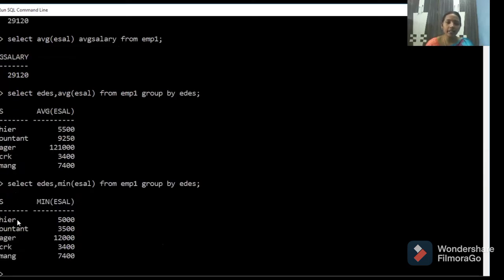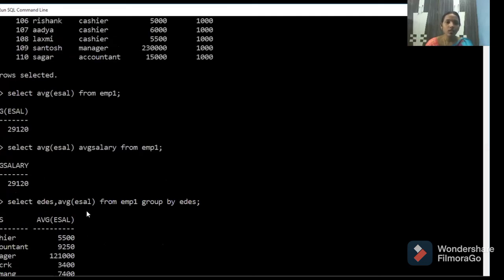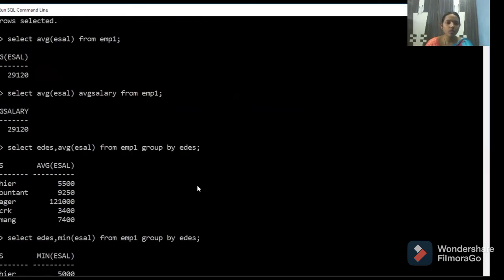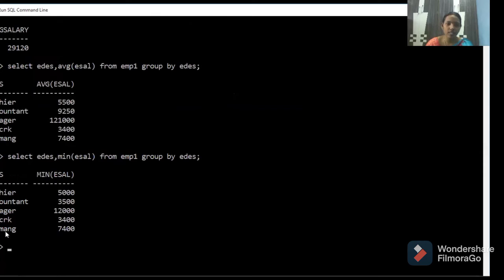See what you are getting, these are the minimum salaries of the employees. First look at our example here. How many managers do you have? First manager, second manager. This manager salary is 12,000. This manager salary is, oh, we are declaring more, 2,30,000. So which is the minimum? 12,000 is the minimum. So we are making the groups first, then the minimum salary is 12,000.